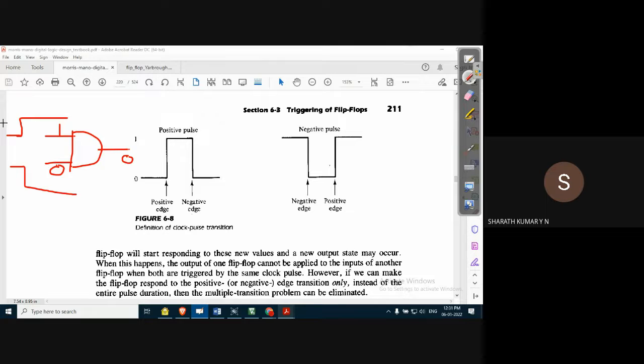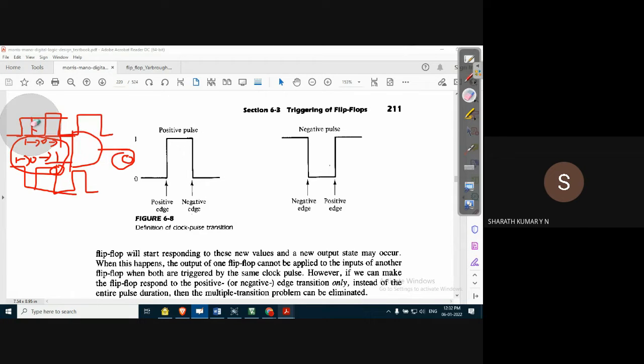Very simple. Now, when the input is changing, let us say the input is a clock pulse instead of a continuous pulse. The clock pulse is applied to both the inputs. Both the inputs will change from 1 to 0 as well as 0 to 1 continuously. In this case, the output will also change based on the input condition.